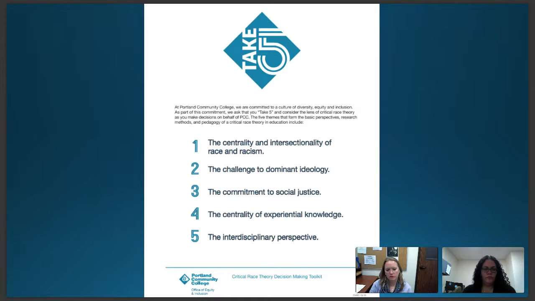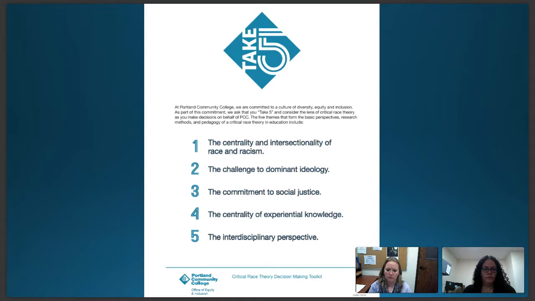That's the CRT litmus test, if you will. Those five points are what we utilize when making decisions here at PCC. It's something you can do at work and in your life, running decisions through this CRT perspective to ensure that we're making choices that really do foster a welcoming, supportive, social justice